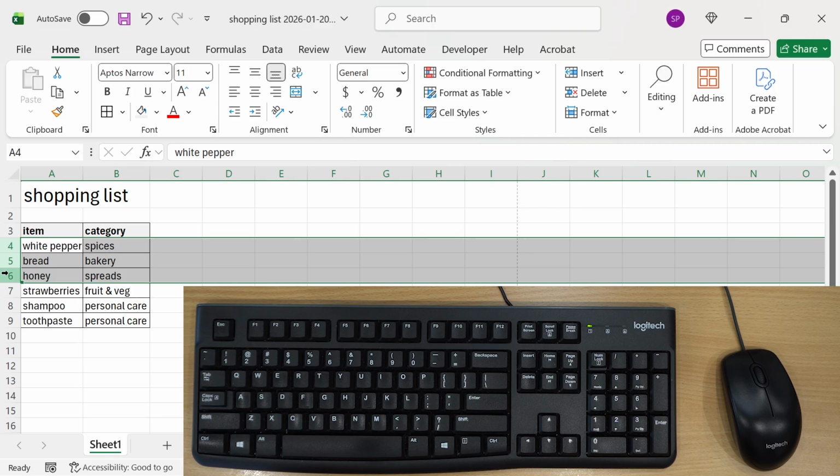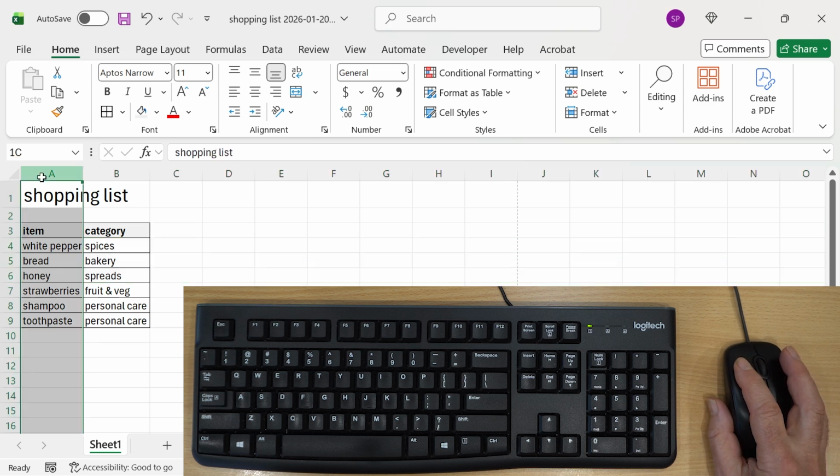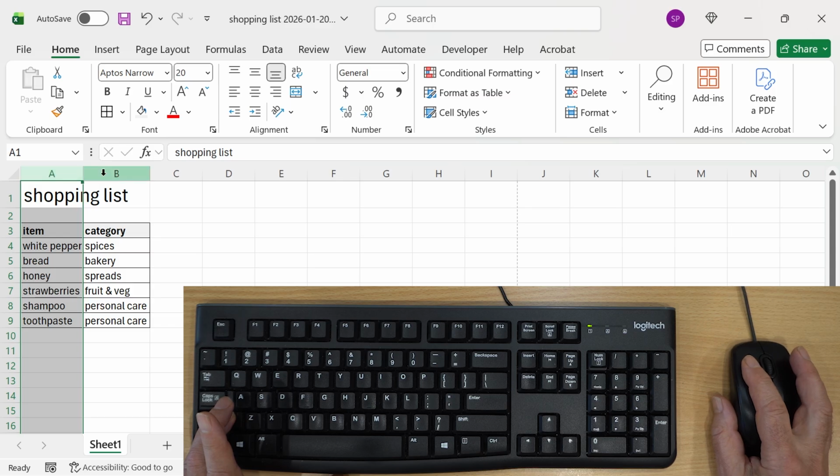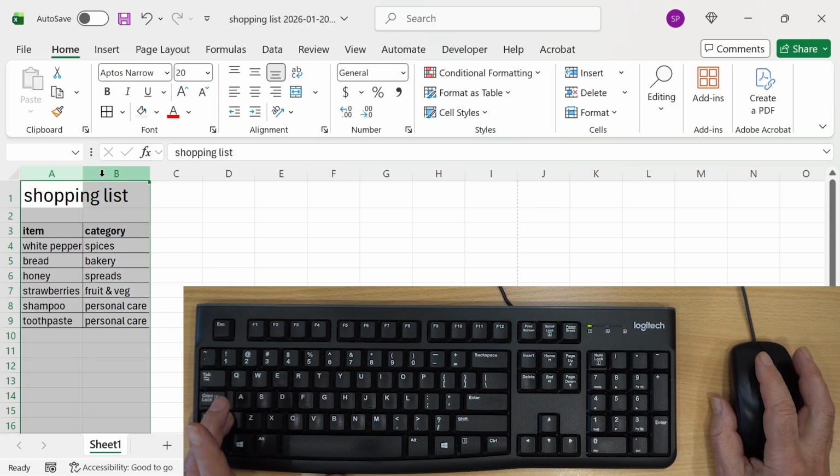Next, I will insert some columns. I left click the header of column A. I hold down the Shift key with the ring finger of my left hand. I left click the header of column B. I release the Shift key. I now have two columns selected, which will allow me to use the keyboard shortcut